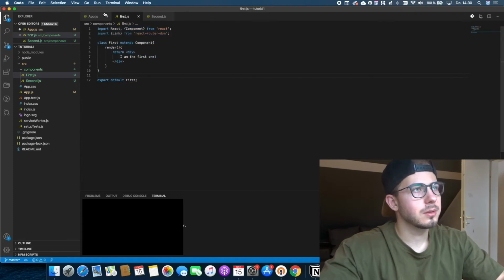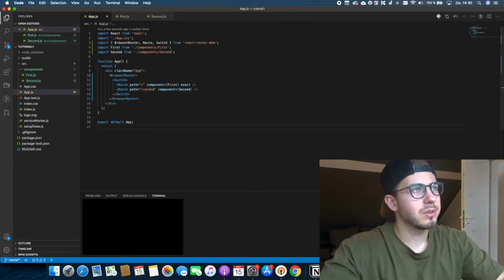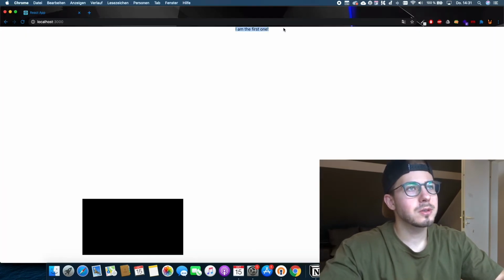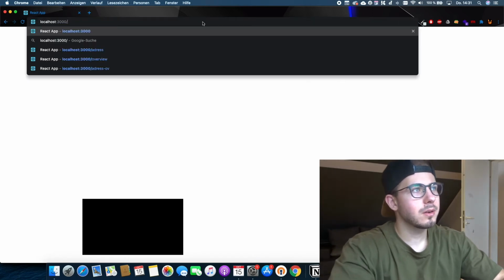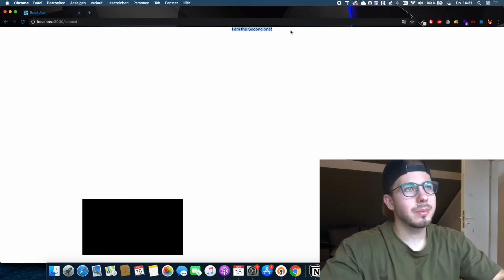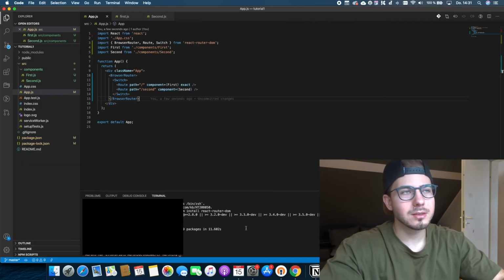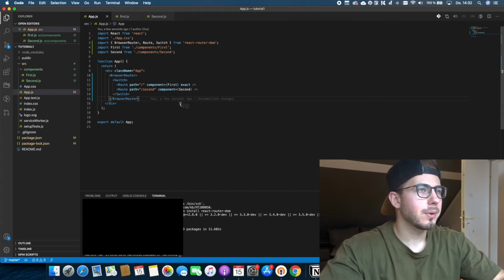Okay, after saving all three files here and going back to our browser, we're going to see the first component rendered here: I am first. And if we switch our URL up here to second, it will say I am the second one. Okay, pretty easy so far. So we used the switch and the route to come to the path we want to show up on screen